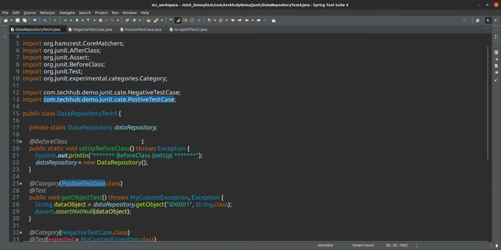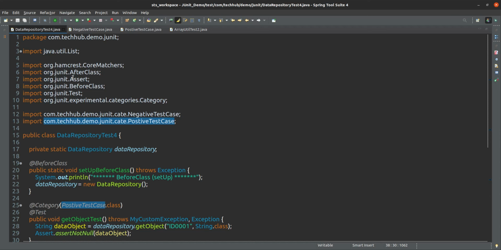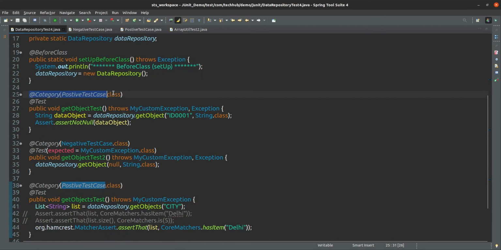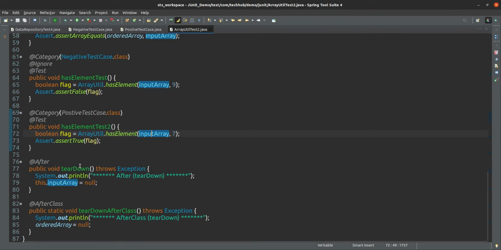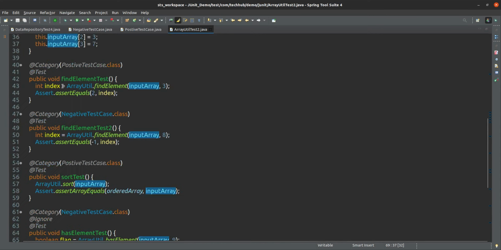Which files? One is data repository test 4, where we have defined the categories for test case, and one is array util test 2. Inside this one also we have defined some categories for our test. So we want to run only these two files, and from these files I want to run only the negative test case or only the positive test case.